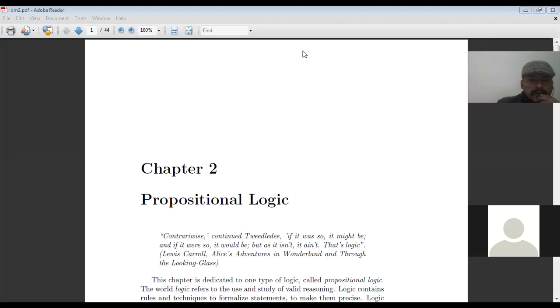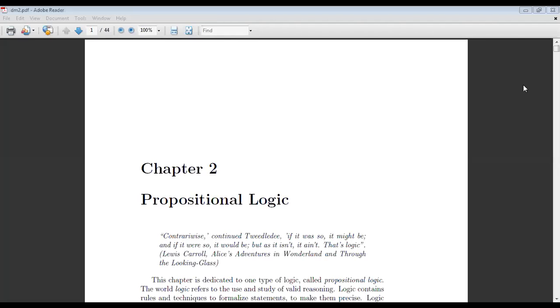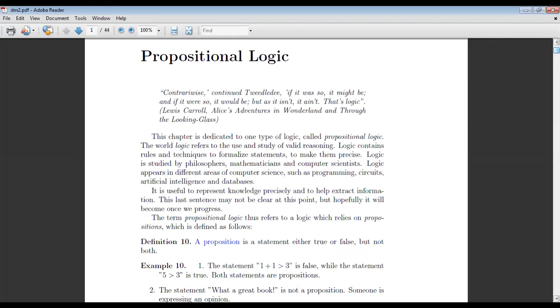Chapter 2, Propositional Logic. Yes, sir. Okay. Mainly this unit is a scoring unit. So first of all, what you have to do,